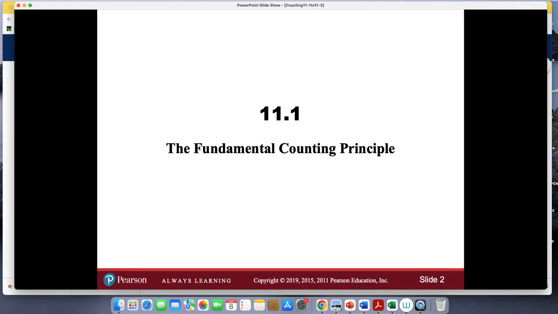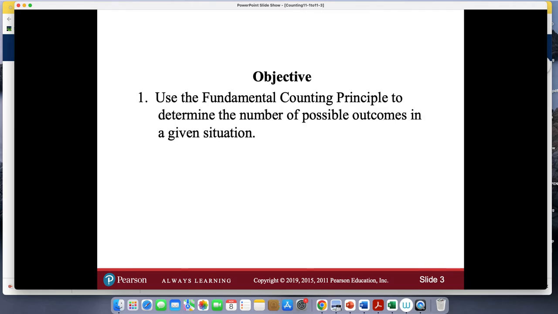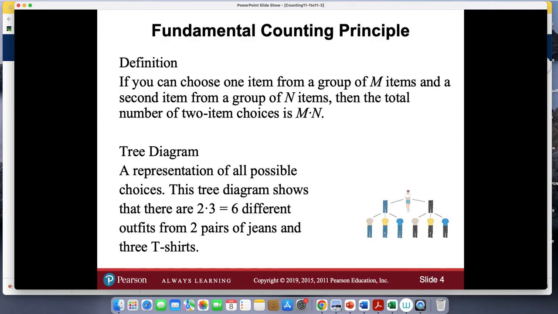So, fundamental counting principle. Okay, so we've got these objectives. So one of the things we're looking at is the number of options for something to happen. And so there's a group of a certain number of items,